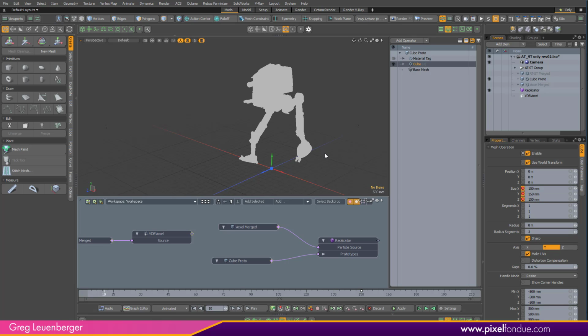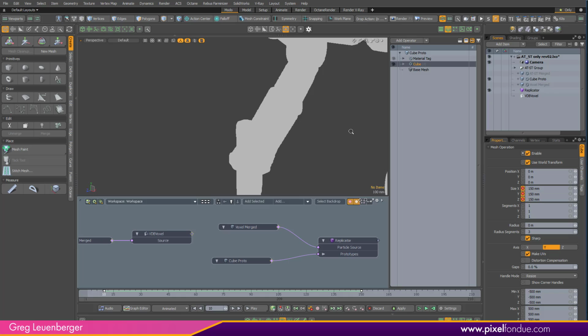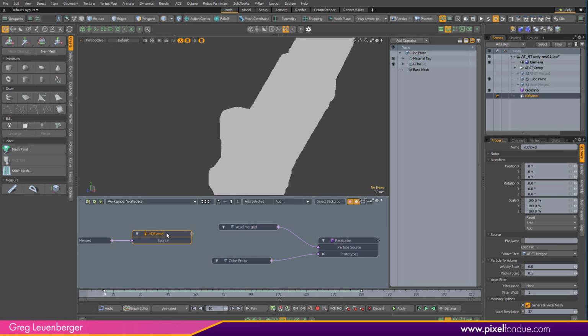So now our cube is going to be animated. You can see it sort of blowing up here. Let me just push in, get a better look at this. And the scene's chugging quite a bit right now because I have tons of vertices, but that's going to change soon enough. And the way we're going to get fewer vertices is we're not going to animate the voxel